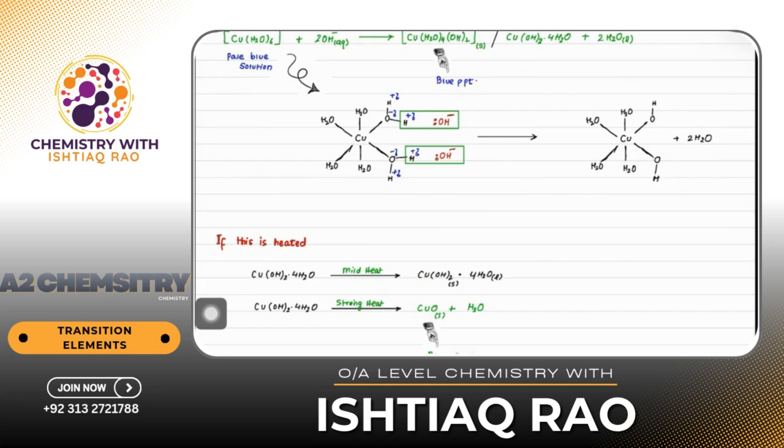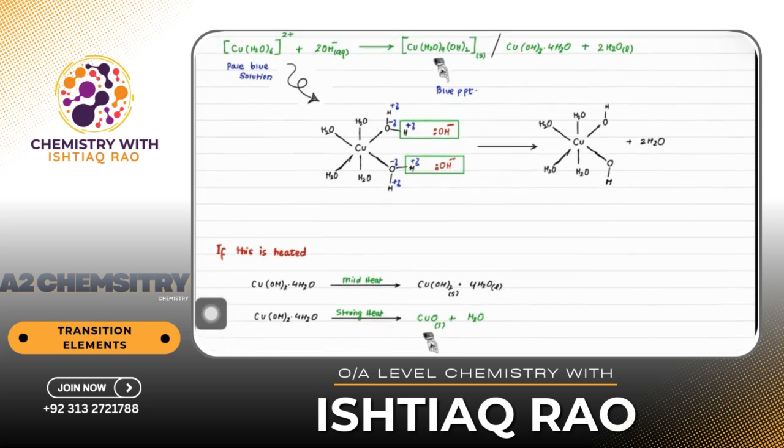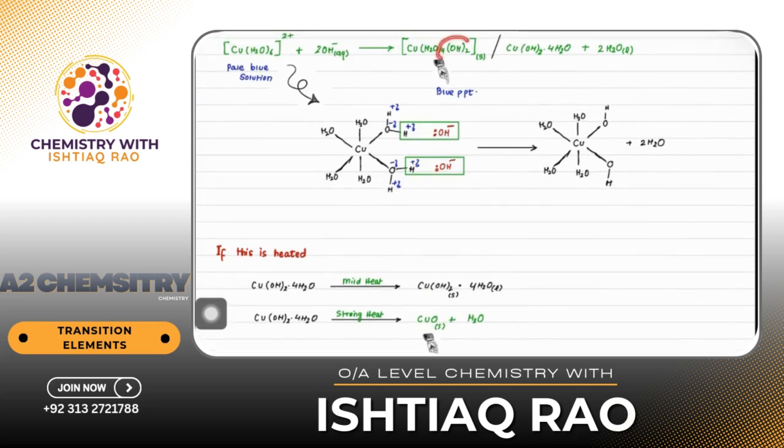Hopefully you are getting my point, what I want to say. This is very easy, isn't it? Basically, I want to say how we got the OH ion like that. So 4 water and 2 OH. That's what I wrote. And then after that,